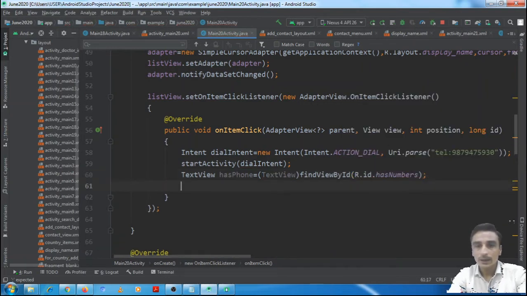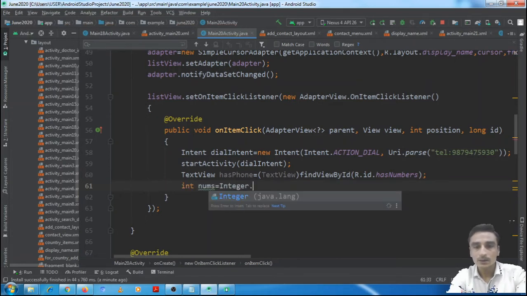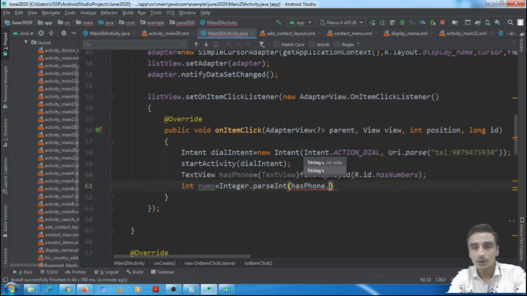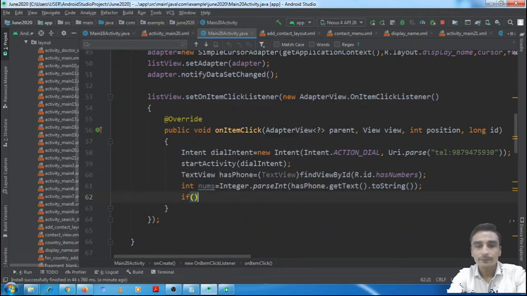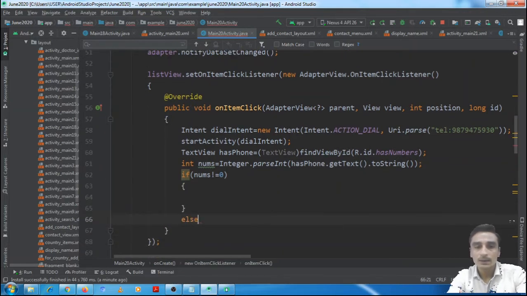And now integer nums is equal to integer dot parse int has phone dot get text dot to string. Now we will check here if nums is not equal to 0, then we will query for the phone numbers, else we will show a dialog box that no phone numbers are associated.